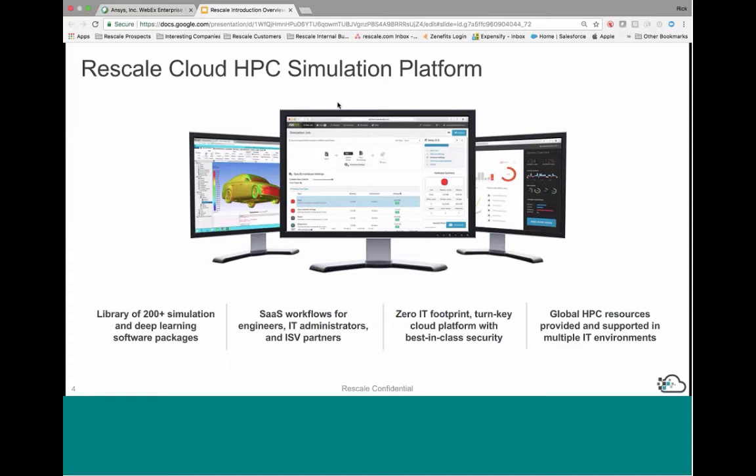We've got the ability to run and support over 200 software titles on the platform, everything from the classic CAE software titles that you're typically running all the way up to machine learning and deep learning software titles, along with the ability to bring your own, if you want to write your own Python code or other R codes or other sorts of things. Basically, it's a zero IT footprint turnkey solution. We take all the heavy lifting away and basically allow you to run your work with a very simple job flow.